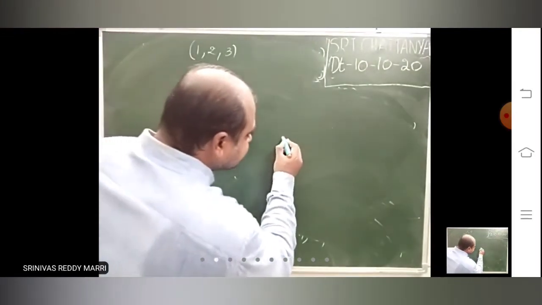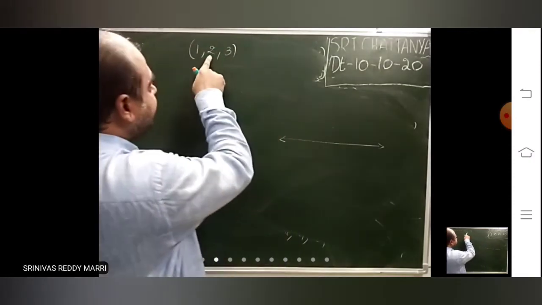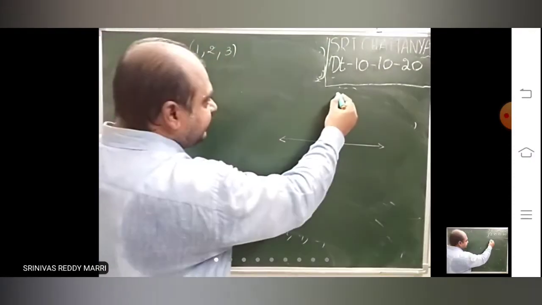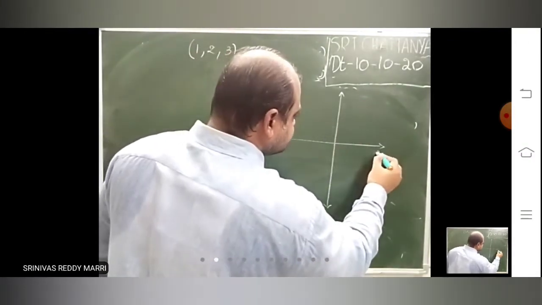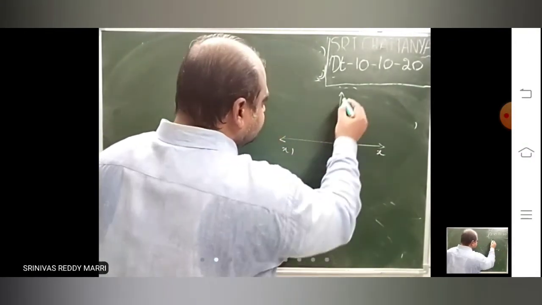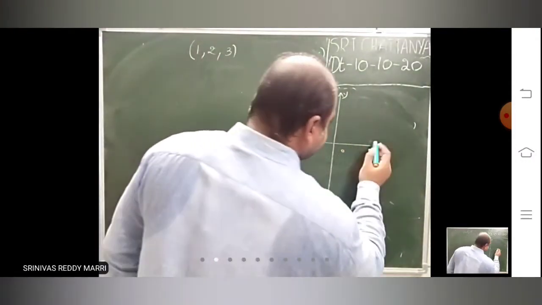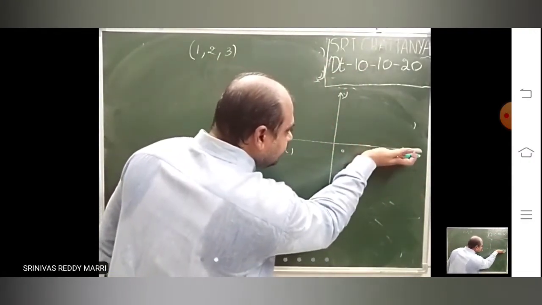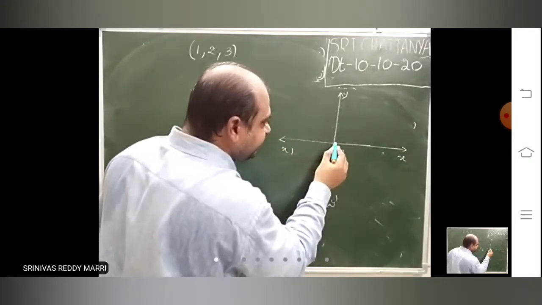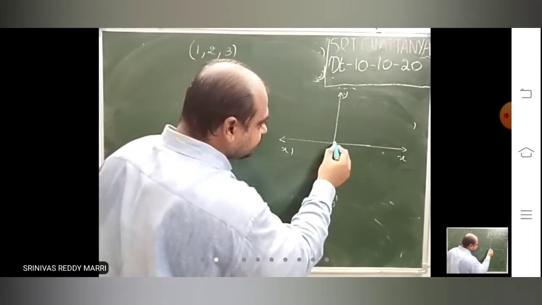Just you draw x-axis and y-axis. Z-axis component in the new will be 3 only. That will not change. So just you draw. The same method what we have done. Some angle will be there. So new x-axis means, so this line, keeping origin fixed. In the starting you write keeping origin fixed.